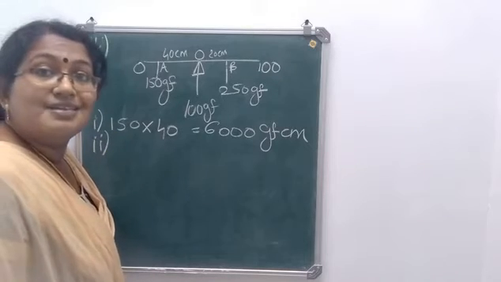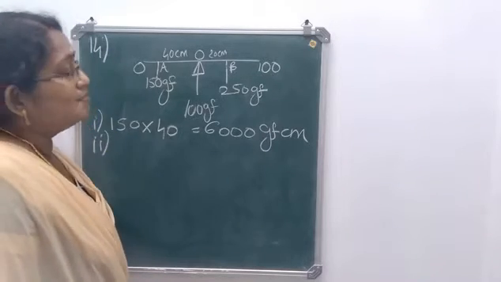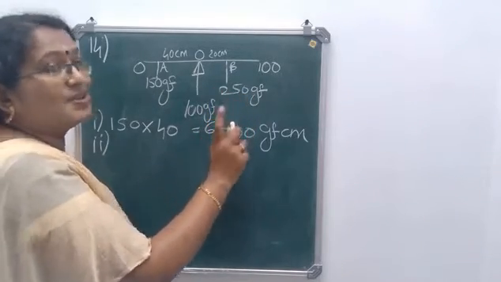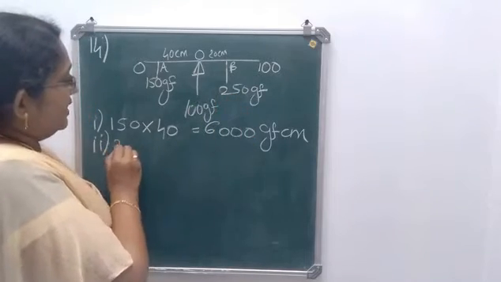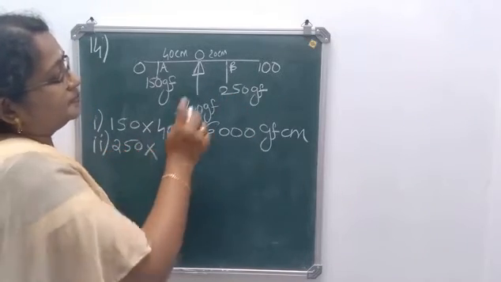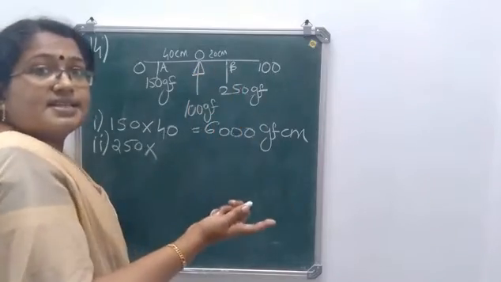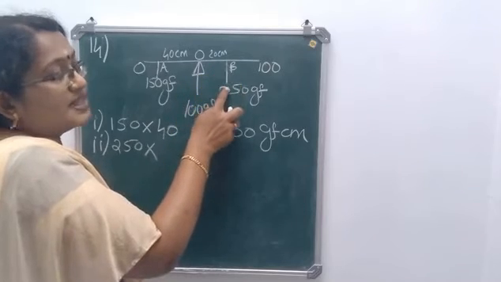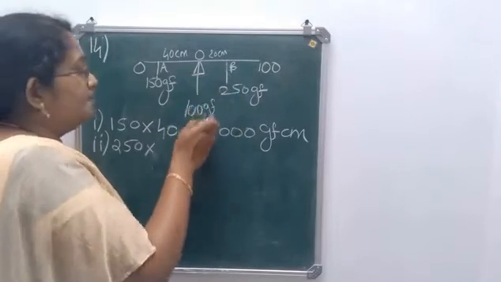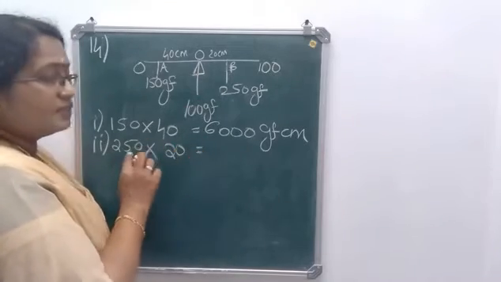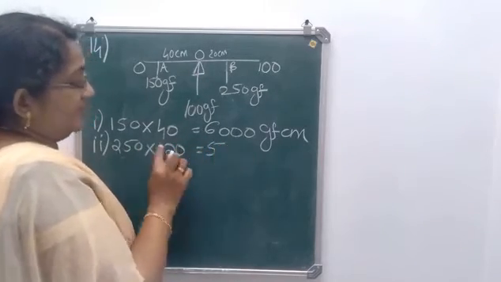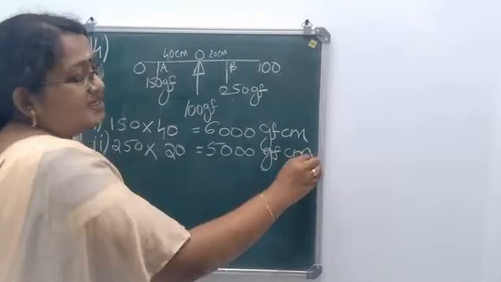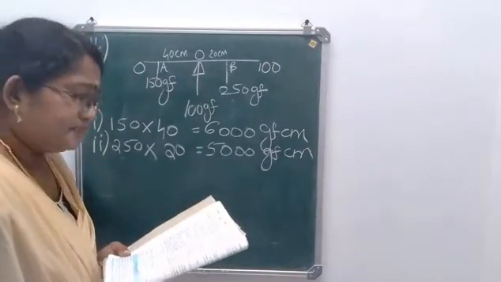Now the second question is to calculate the clockwise moment. So clockwise moment means we have to consider the force and the distance on the right hand side. So how much is the force acting there on the weight? It is 250. Here also they have given the distance directly. We don't want to subtract and find. It is given that the distance between the point of suspension of the weight and the pivot is 20 centimeter. 250 into 20, 25 into 2 is 50, 2 more zeros. So it is 5000 gram force centimeter. Okay.